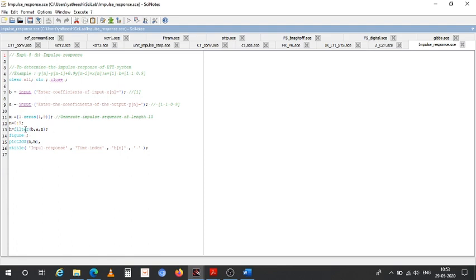So here basically what we are doing is putting zeros from 1 to 9, and 0 is basically the data, that is, the impulse response is existing only at 0 and the rest are all 0. So filter data, and you can see the execution.